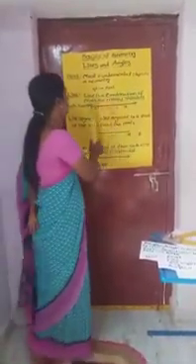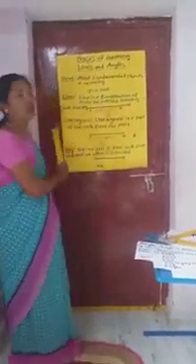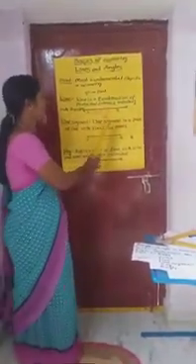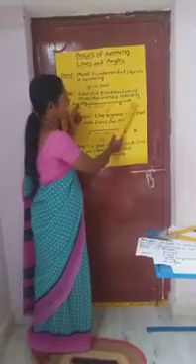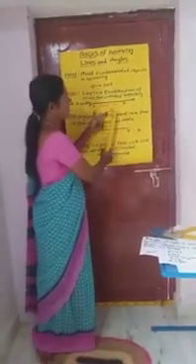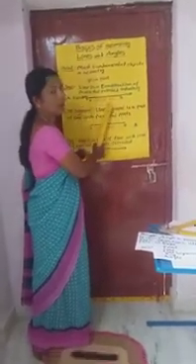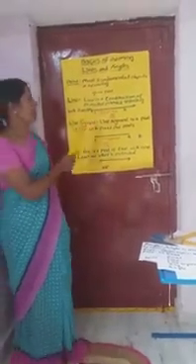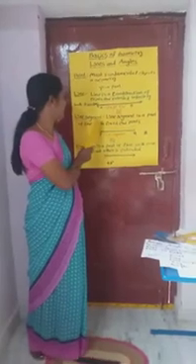Line is a combination of points that extends infinitely in both directions. Here A and B are two points extended on either side. So AB is called a line. It is denoted by AB bar. So AB is a straight line. For example, a railway track.